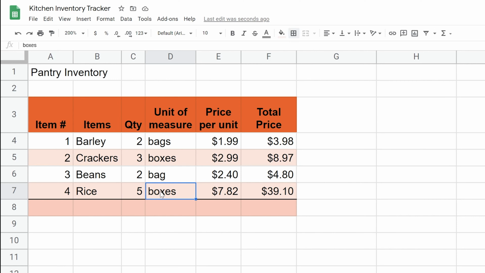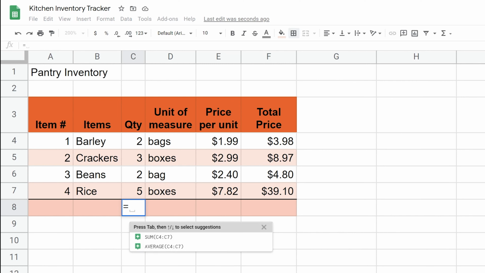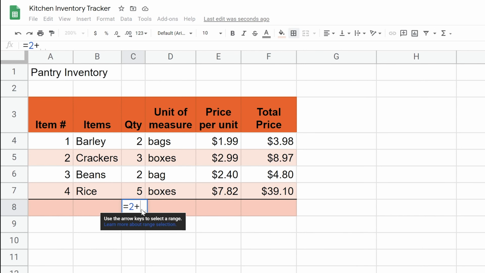All right, so let's say that we want to total up the number of items in our inventory. There's a few different ways to do this. Well, one that you could do, and you might do this if you're a real beginner in a spreadsheet, you just look at this, you say, oh, that's 2 plus 3 plus 2 plus 5. And this is great because it's like a built-in calculator in my spreadsheet. If I hit enter, I get the right value.